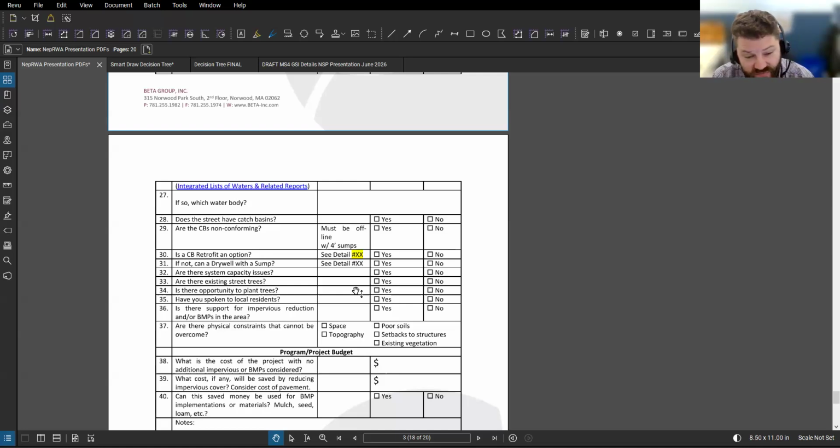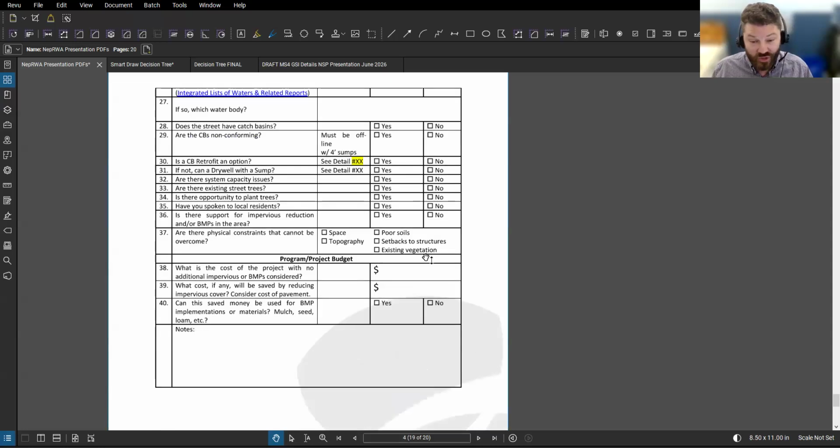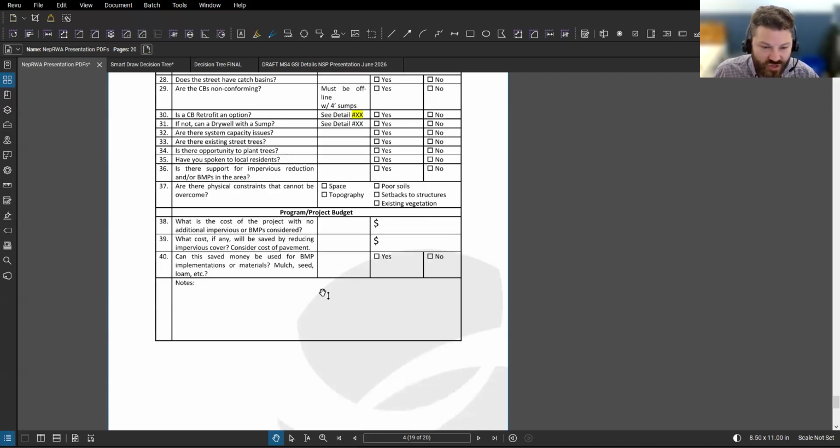Are there any physical constraints that cannot be overcome, such as space, topography, poor soil, setbacks to structures, existing vegetation, established trees, old oaks, stuff like that? But you don't want to mess around with that, because at that point you're cutting off your nose to spite your face. You don't want to cut down trees to make a rain garden when that tree was probably drinking more water than the garden would. And then at the end here, just a couple things I threw at the end, considering